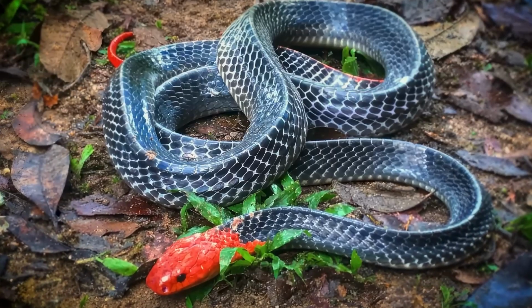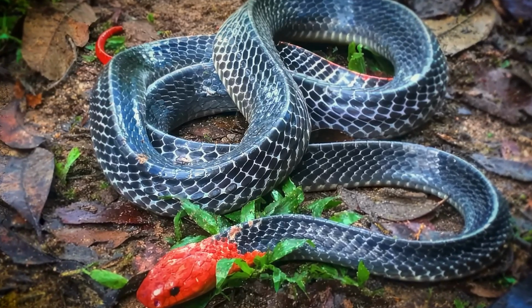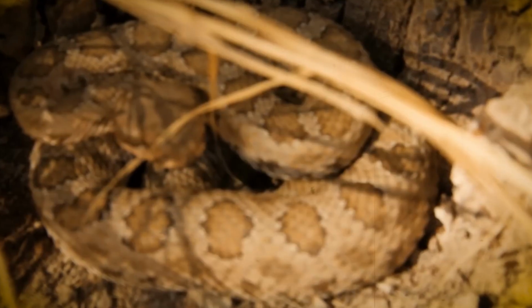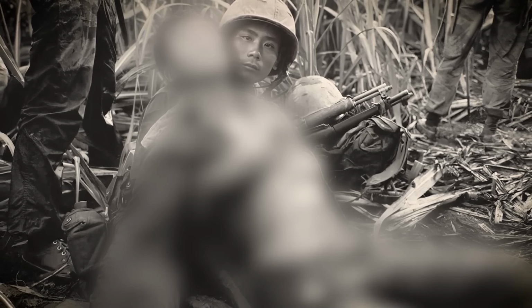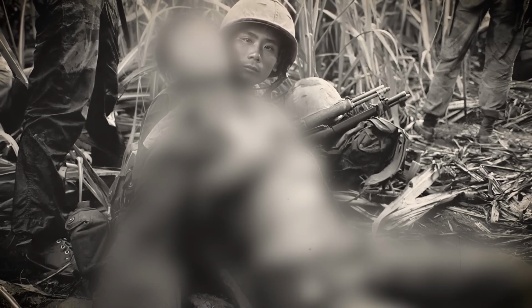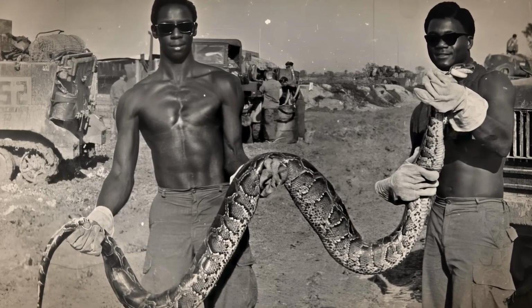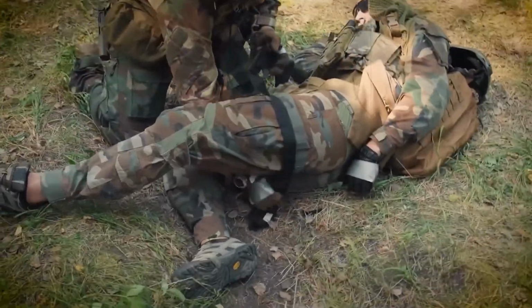The Viet Cong's mastery of psychological warfare was showcased through their use of poisonous creatures and sabotage tactics during the Vietnam War. Employing snakes, scorpions, and other deadly animals, they instilled fear and uncertainty among enemy troops. These creatures were strategically placed in hidden compartments, booby traps, and even soldiers' sleeping areas, causing venomous bites that could